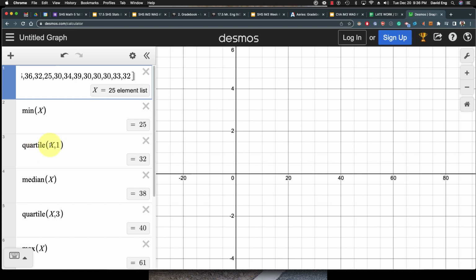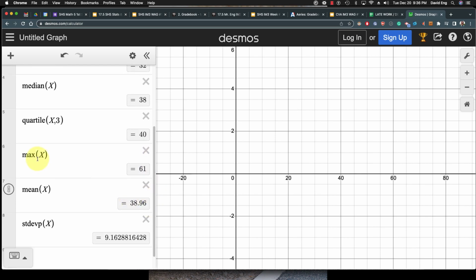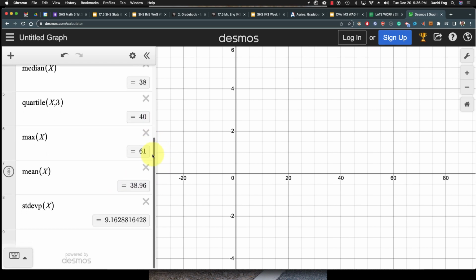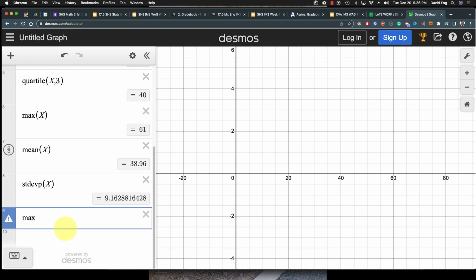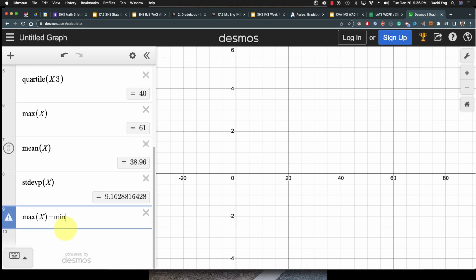So I have quartile of the list, and then I went to the first quartile. Median is 50% of my data, 38. Quartile X, comma 3 means the third quartile, or 75%, and that is the maximum. If you needed to know the mean for talking about center, if you're going to use it, we'll talk about that in a second, and standard deviation for spread. Now you can also get the range, which is the max of X minus the min of X,